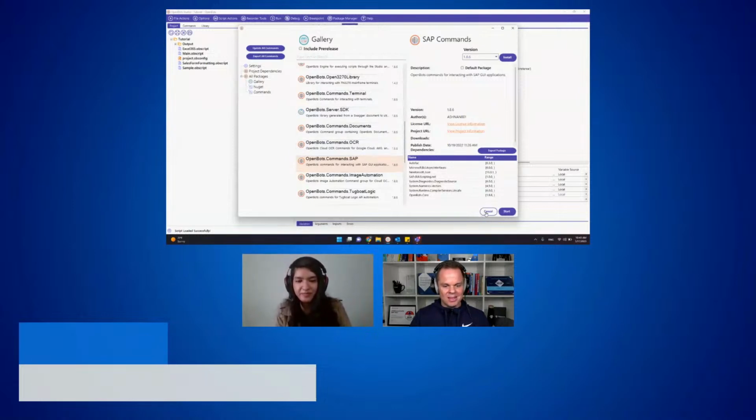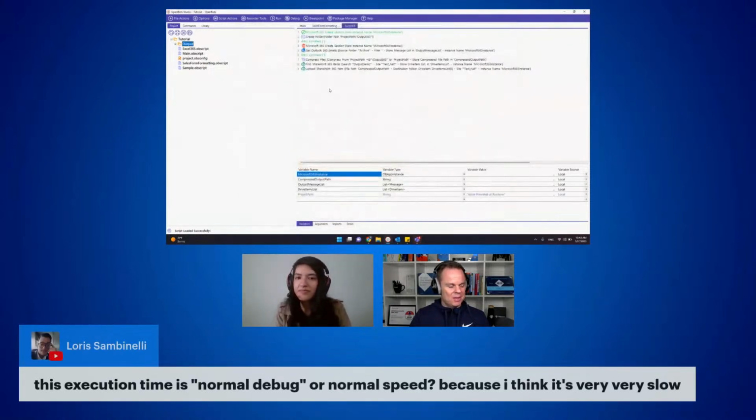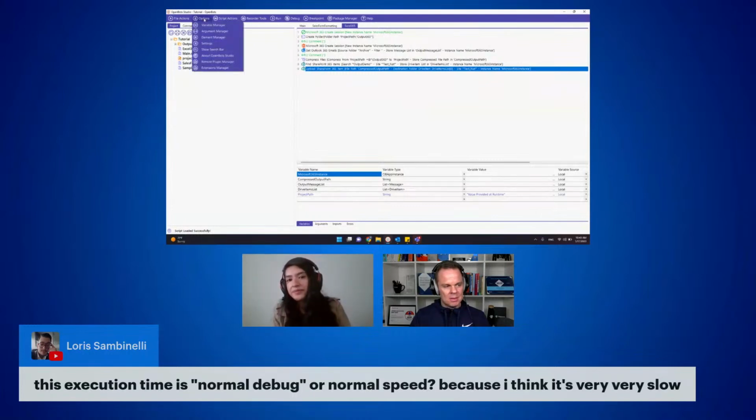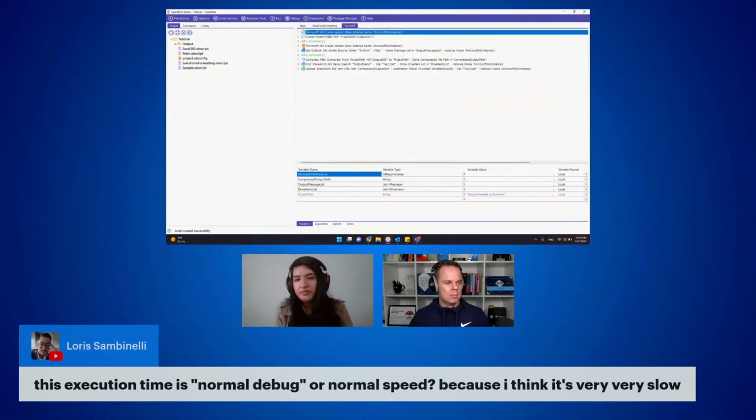Cool, thank you. And Loris has another question. This execution time, is that normal debug or normal speed? Because I think it's very, very slow. Yes, so usually in debugging in Studio, you go a bit slower, just because you are debugging it